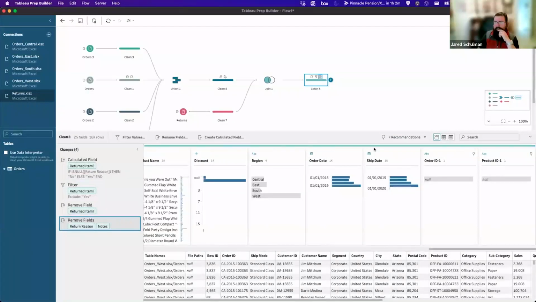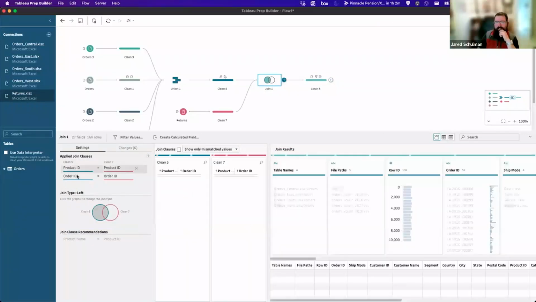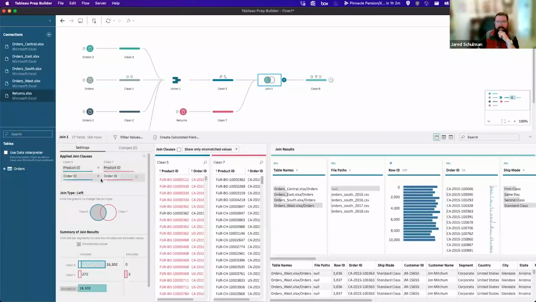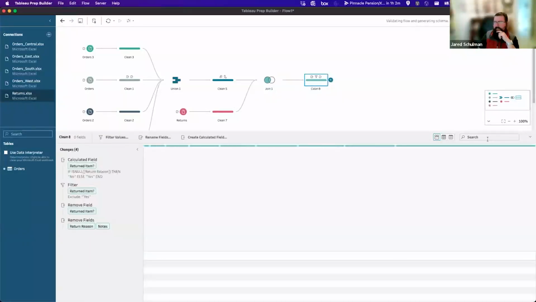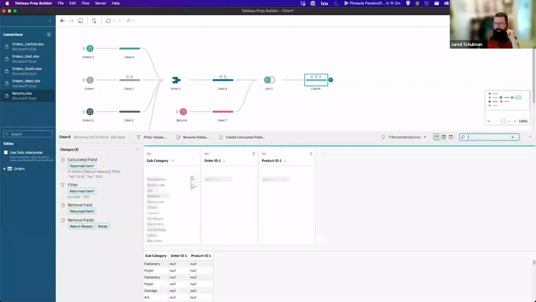So the last thing that we'll want to do here is, when we join over here on product ID and order ID, that product ID and order ID exist on both sides of the join. And so we want to make sure that we don't have duplicate copies of those fields in our data source. And if we come to the search and we just type in the dash, it's going to give us all the fields with a dash in them, which is subcategory for one, and that we probably want to keep. But it's also this order ID 1 and product ID 1, and those are our duplicate fields created by that join. If you have multiple joins before you do this, you'll end up with order ID 2, 3, 4, 5. So just searching for that dash will kind of highlight these for you.